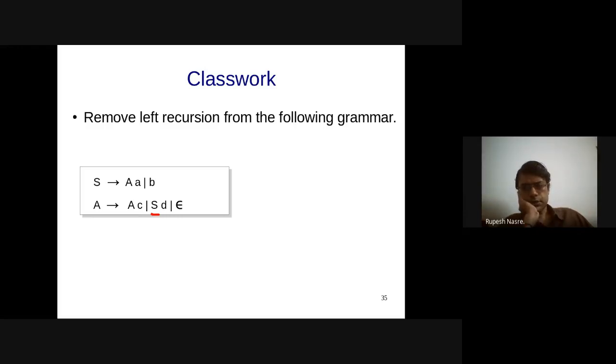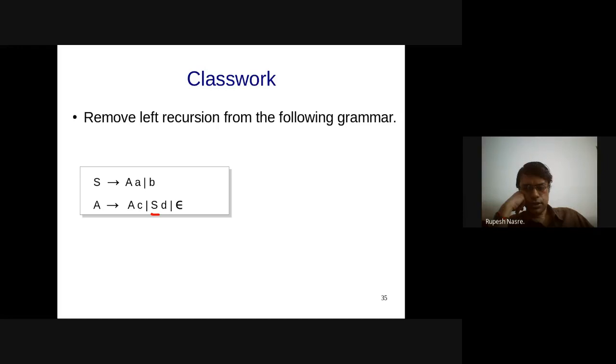Let me see. S derives A prime, A S prime, B S prime, and S D A prime, A S prime or epsilon.